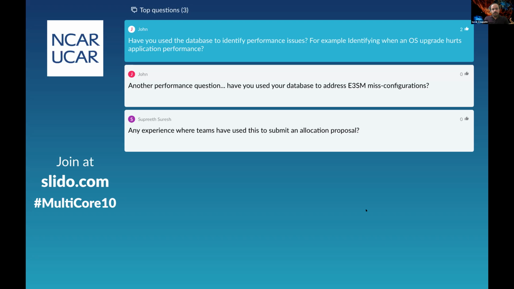Even going to a new compiler, or the system has gone down for maintenance and we have a new software stack. When something is iffy, you can see how it compared to the previous run within the database. And sometimes a particular compiler version degraded performance.